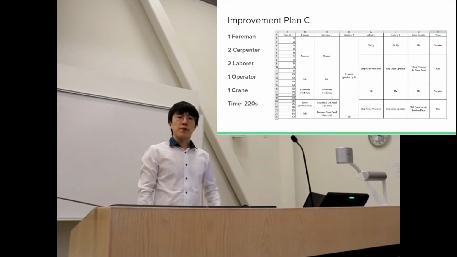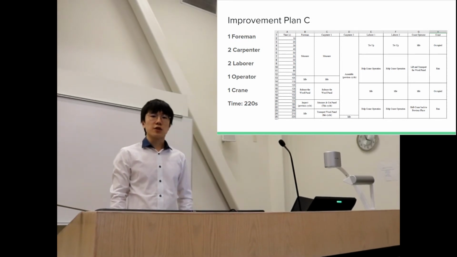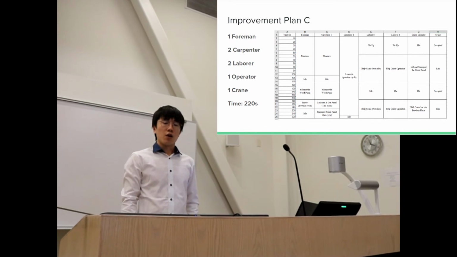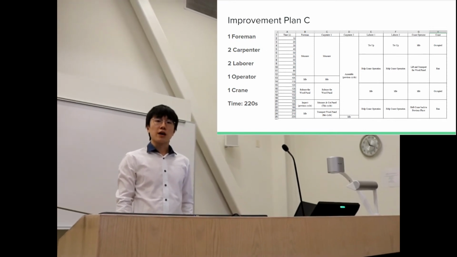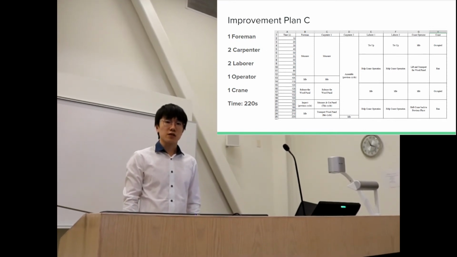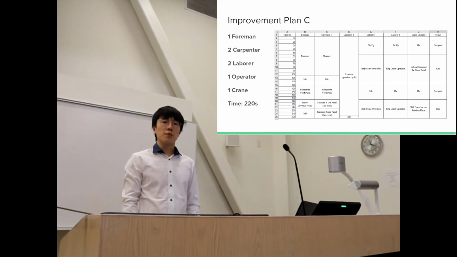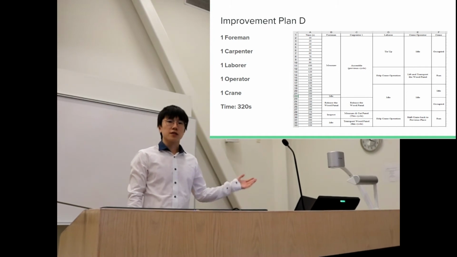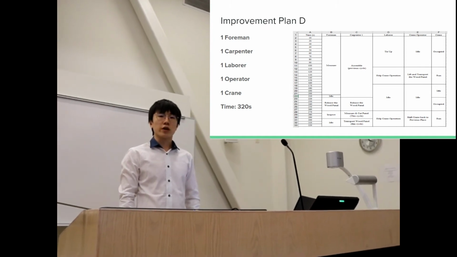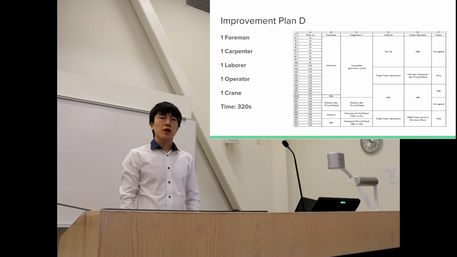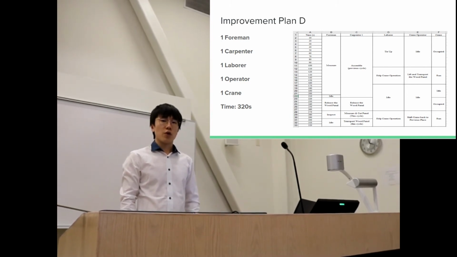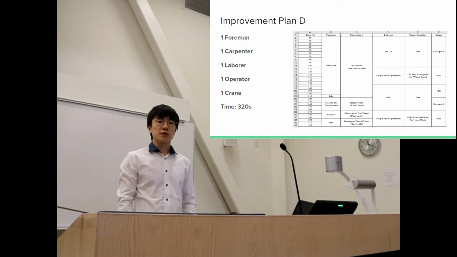Our third improvement plan seeks to reduce cycle time on the basis of improvement plan 2. We were able to reduce the cycle time to 220 seconds by only adding 1 common laborer. Our last improvement plan seeks to reduce the number of workers working on the job site to an extreme. We were able to remove 3 carpenters while only prolonging the total cycle time by 50 seconds while keeping the